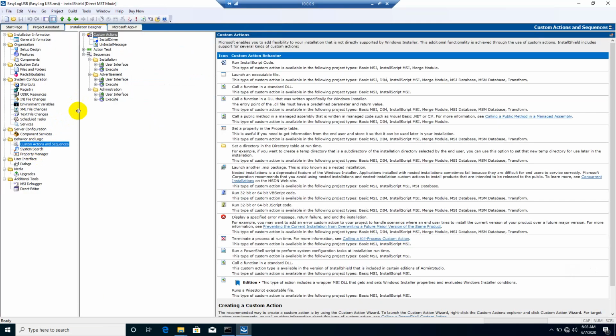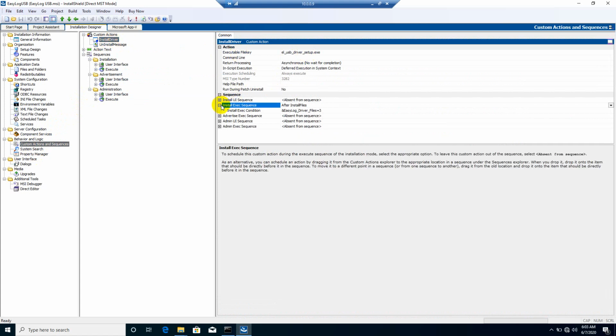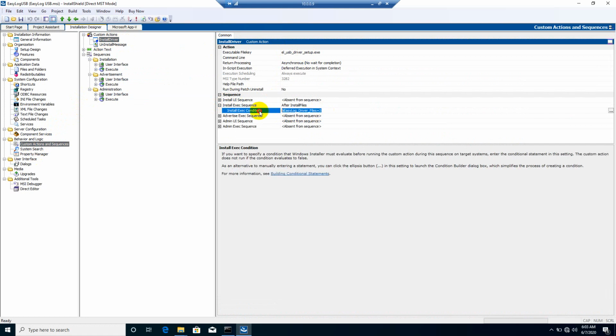Go to custom actions, install driver. You see this particular action is launching that. So instead of deleting that, let me keep the condition as 0. Uninstall message. So let's go to